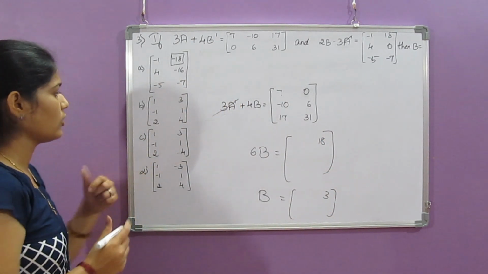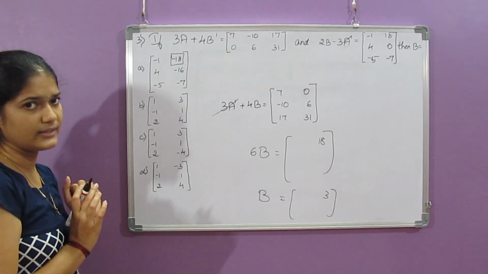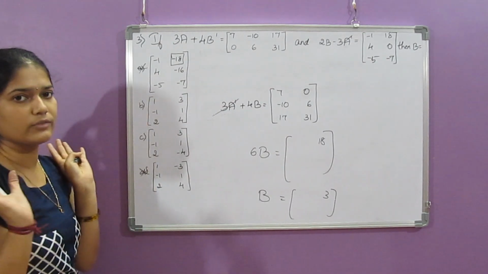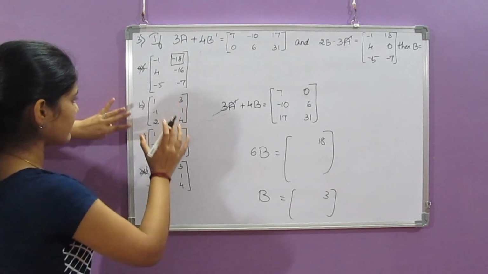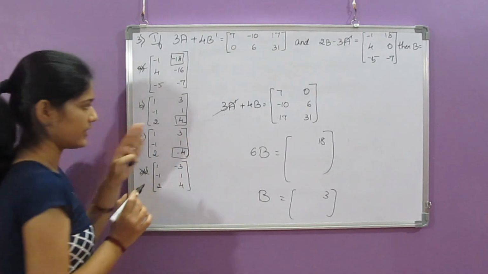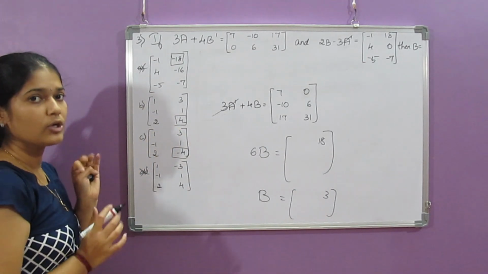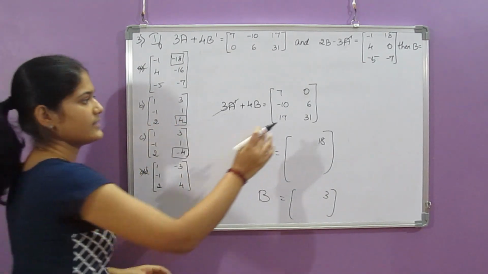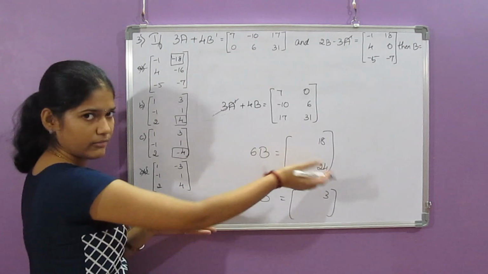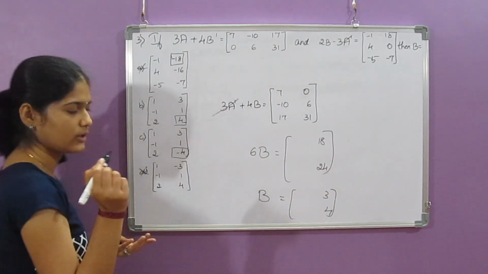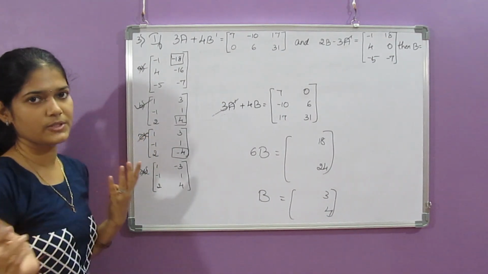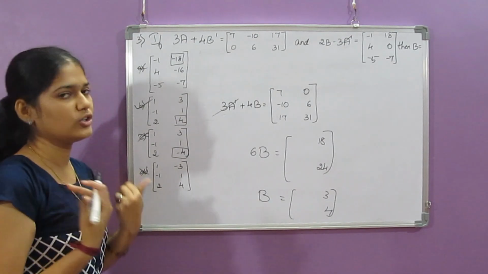Right? So in these two options we have 3 in that position. Directly we can reject these two options. We are left with two options. Now in these two options the numbers differ only in this position. That means here we have 4 and here we have minus 4. So we will add the numbers in this position. That is 31 minus 7, that is 24. So in 6B we have 24, which means in B we will have 4. So this is the correct option, right? We can directly reject this option also. Now let's move on to the next problem.